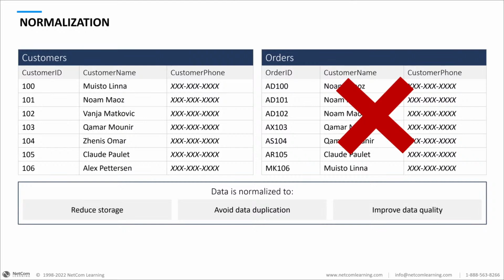So there are three different levels of normalization that we have in relational databases. The first one is first normal form, or 1NF. 1NF specifies that each cell should only contain one value. Makes sense, right? I don't want to put multiple pieces of information in one cell. That makes no sense. So I just want to make sure that each cell contains one piece of information. Customer number, customer name, customer phone. Each one of those have one piece of information.